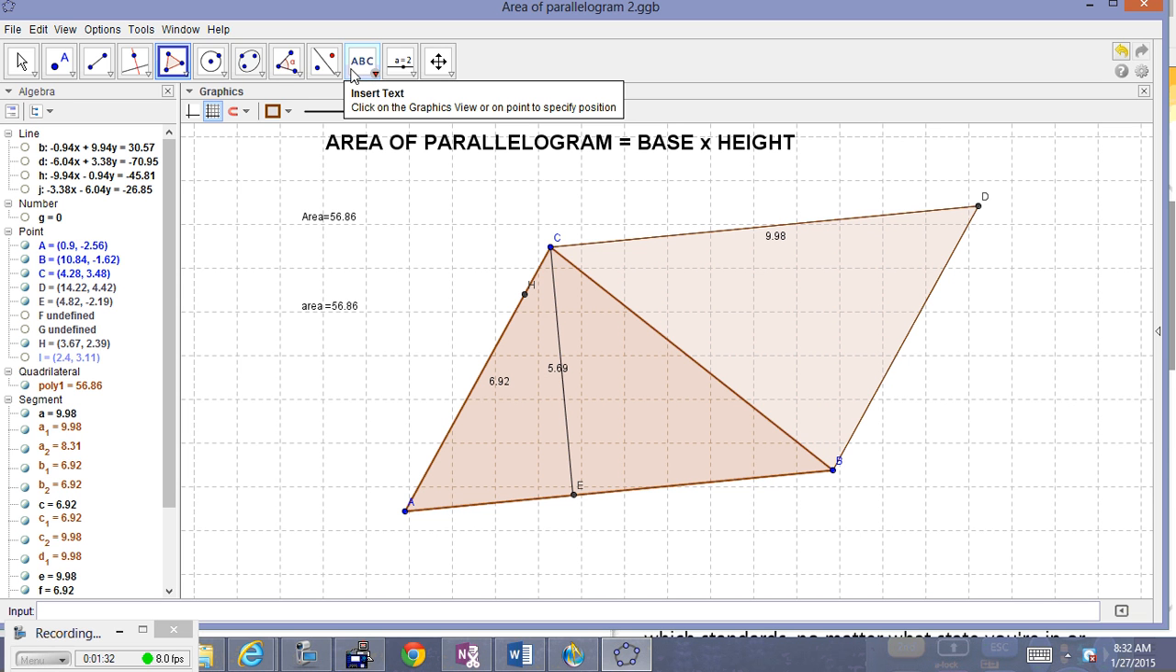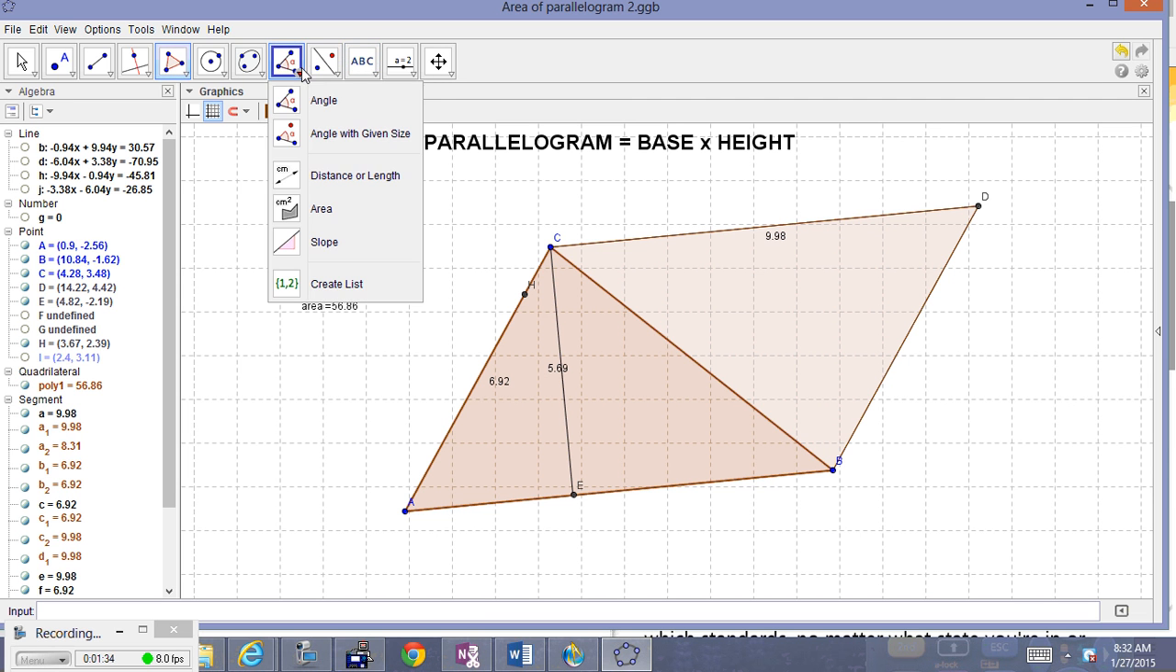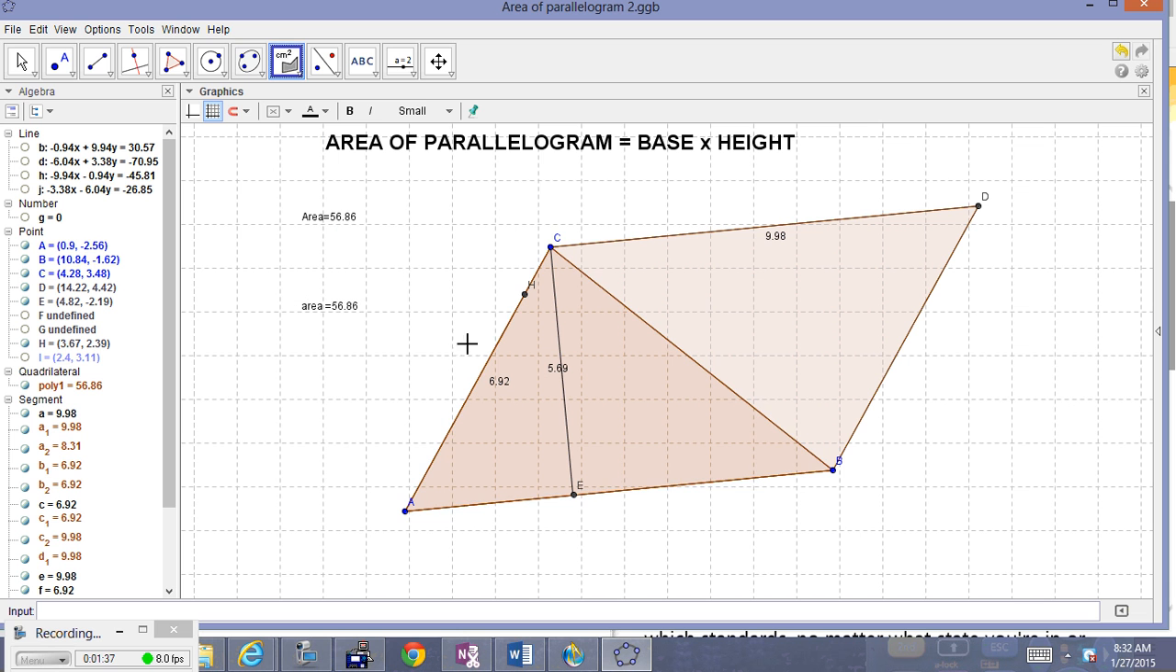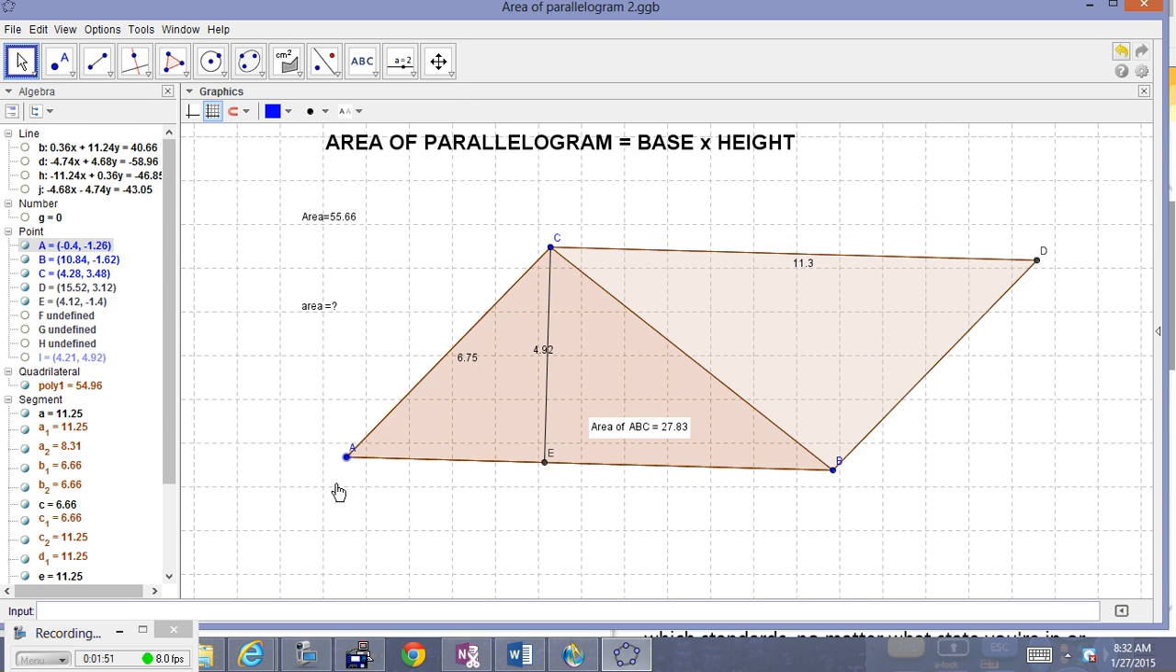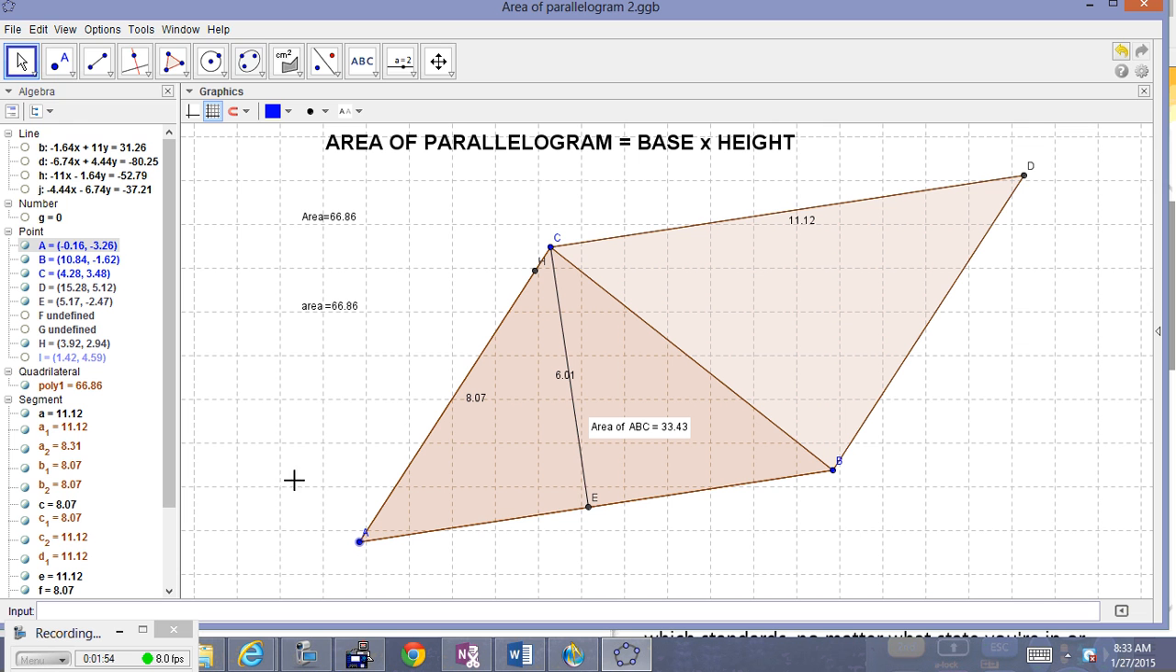Okay, the area of that triangle is exactly half the area of the parallelogram. Okay, so it's half the height times base, which comes from the formula half of the parallelogram from which it comes. Okay, so now let's look at